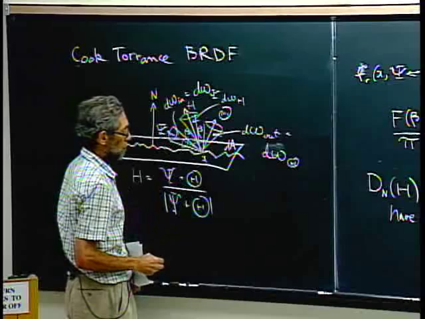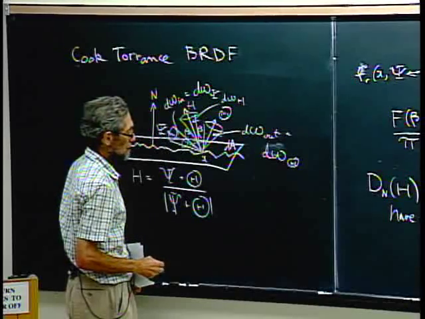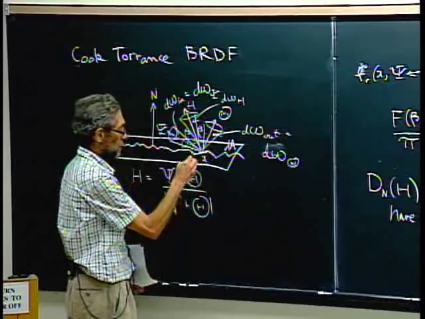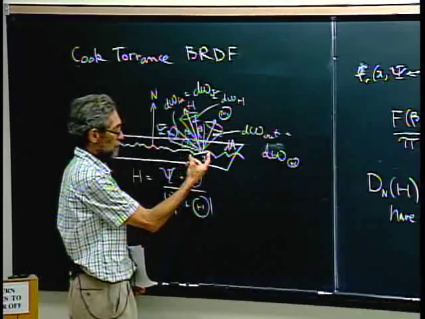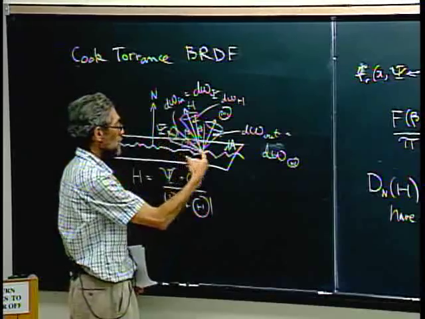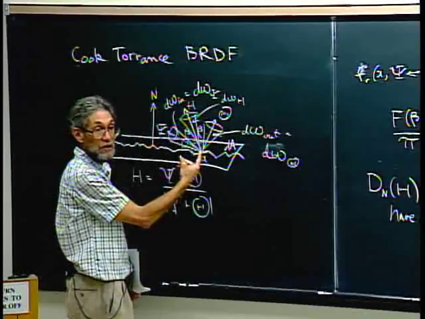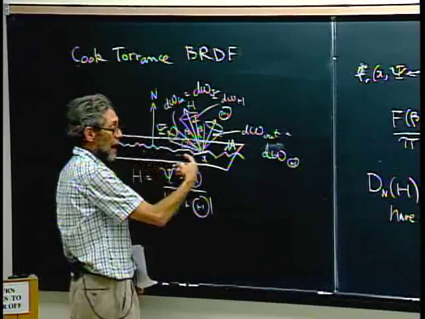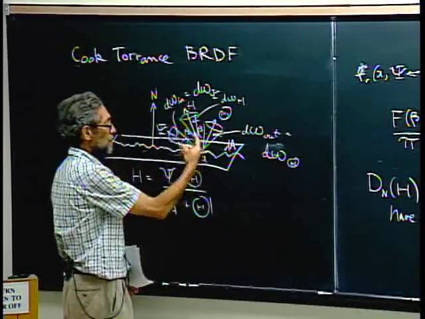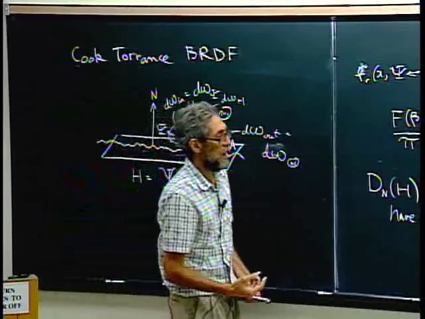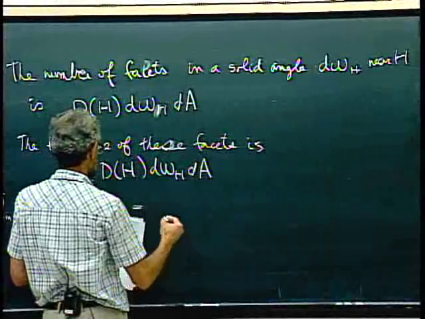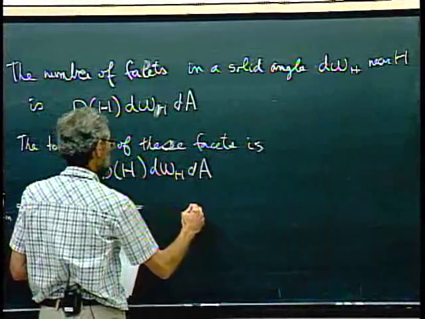And now what we want to find is how much of that flux hits this surface. So we need this angle beta between the incoming beam and the normal to that surface. It's not the normal n to the flat average surface. It's the normal n to this surface. And that means this dA perpendicular is, let's see, it's going to be